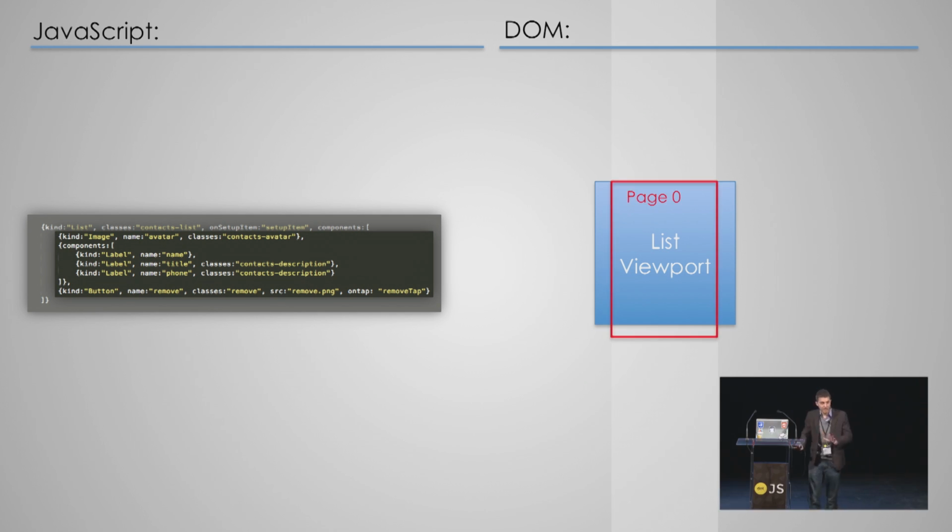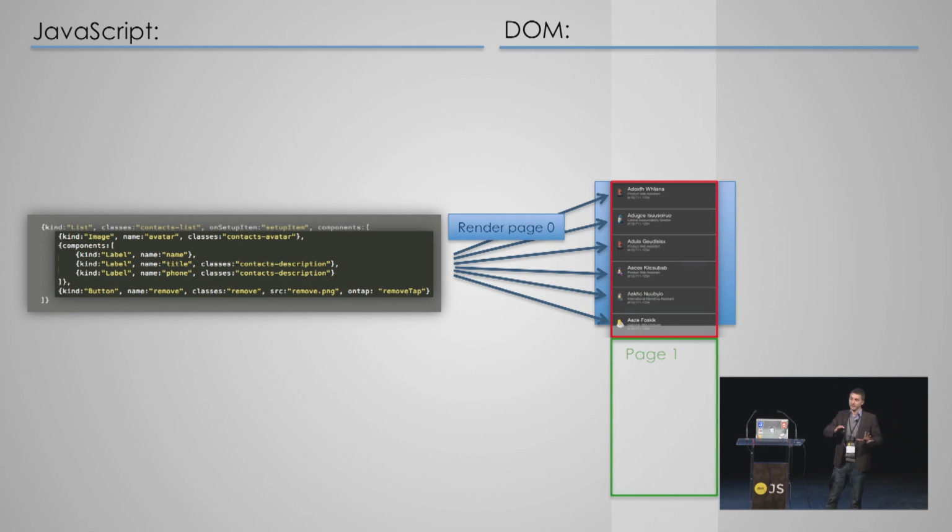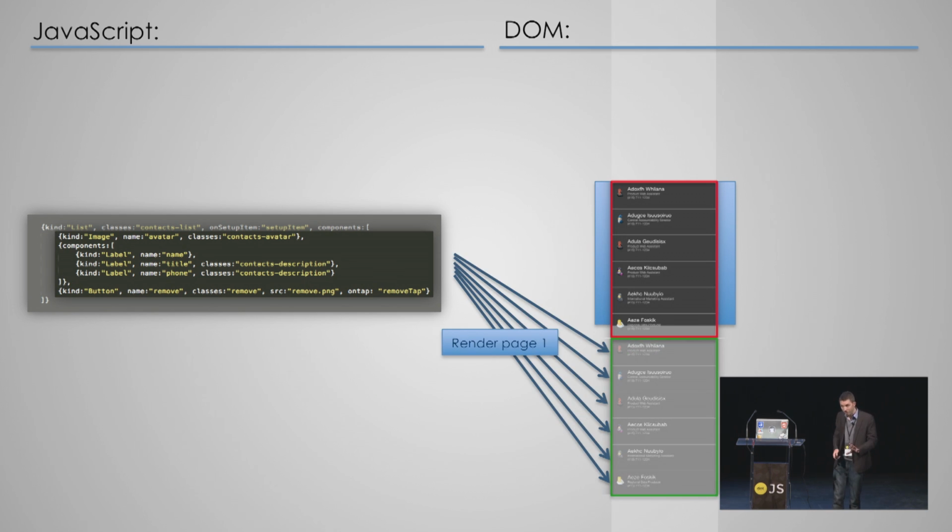And just to give you an idea of the kind of complexity here, we would create two divs in the DOM like this, and then in our list implementation, we'll take the list components that we pass it, and I'll show you this in a second, and render those into the first page, and then render them into the second page. So this will happen on the initial render.